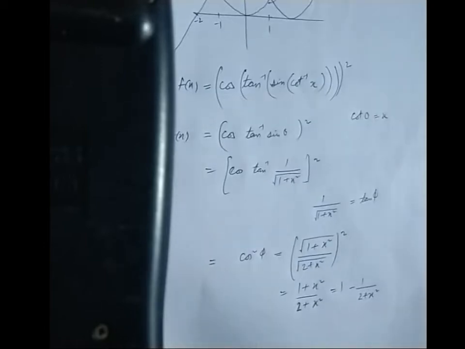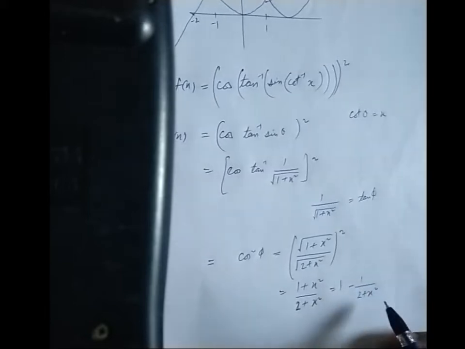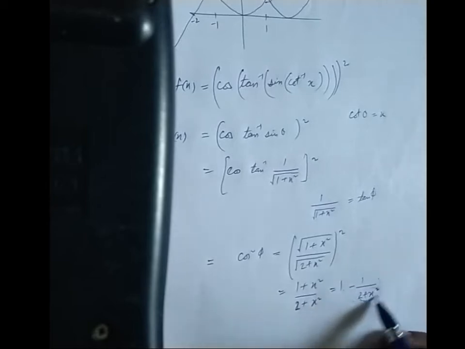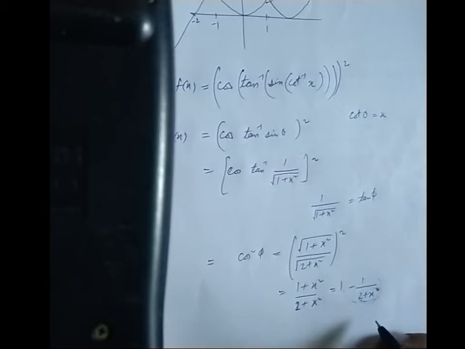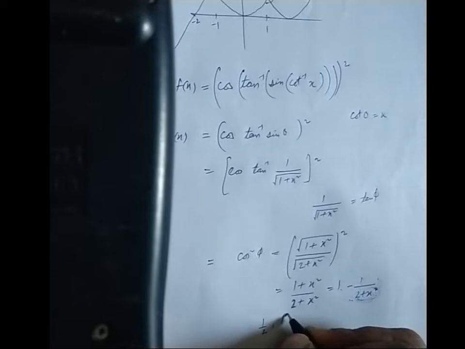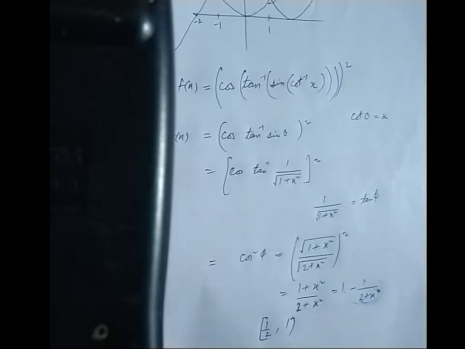Okay, so we can see from the following expression that the range of the function is, okay, so this will be maximum when this will be maximum, so this will be maximum when this is maximum, this will become 0, hence 1, and this would be minimum if this would be minimum, which is half. Okay, so 1 minus half, so the range of the function would be half to 1. Okay,